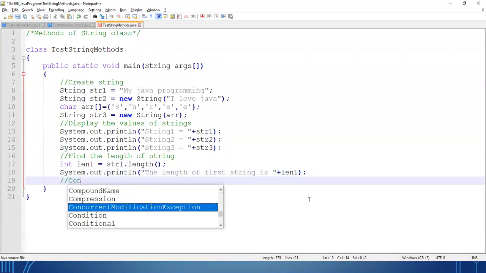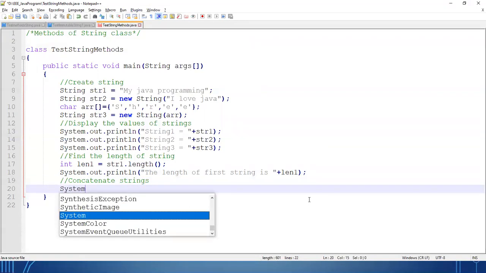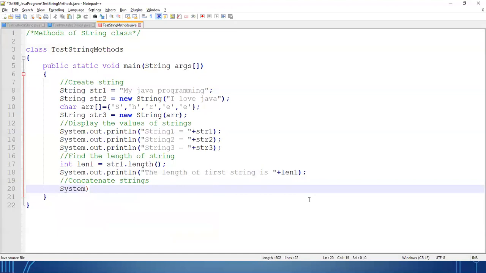Now moving towards concatenating strings. Already you have concatenated using other methods. So instead of assigning the values, I'll directly print the values.